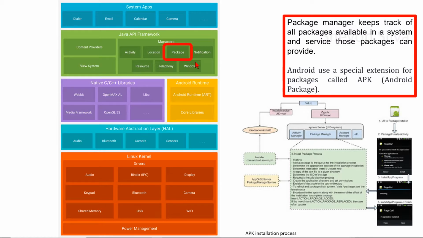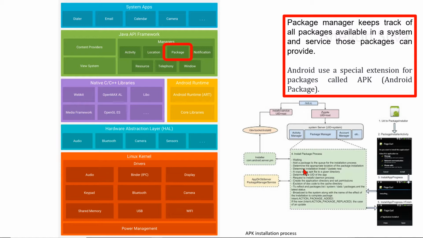Here you can see the APK installation process. Here URI to package installer, then package installer activity, then it goes to install app progress. Here the install package process has the following steps: waiting, add the package to the queue for the installation process,